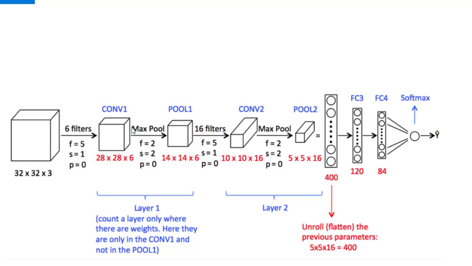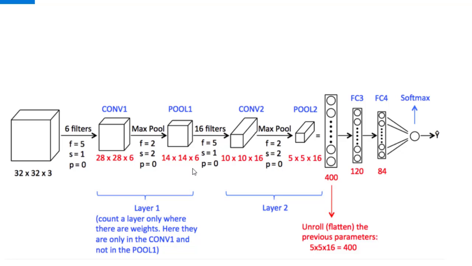After that, it gets fed to a max pool layer here. So the max pool layer has f equals 2, that is filter size equals 2, stride equals 2. So when we pass it through the max pool layer, the size of the image becomes half. Here it becomes 14 by 14 into 6. The number of channels remains the same.